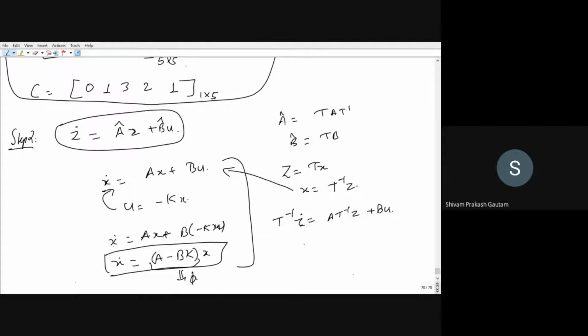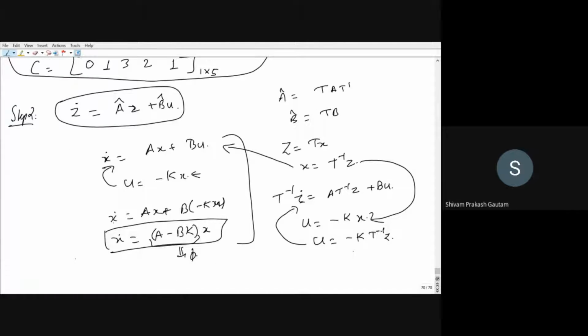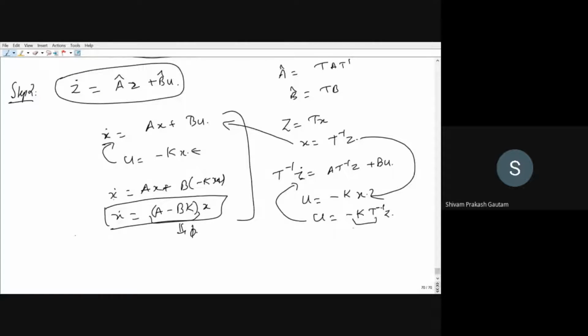So this is what we are getting. Now our feedback equation is u is equal to minus kx. Again, substitute the value of x here, like we have done here. So u will be equal to minus k T inverse z. You can call this k cap also; you can call it k cap z. So T inverse z dot will be equal to A T inverse z plus B times minus k cap z,